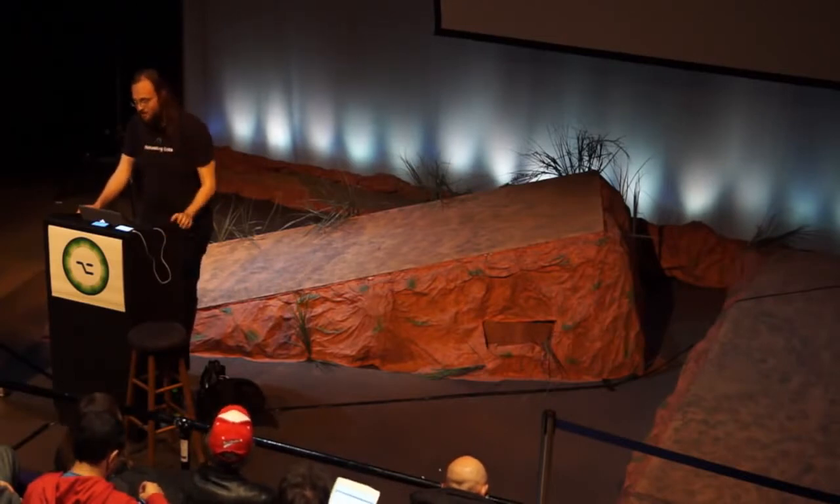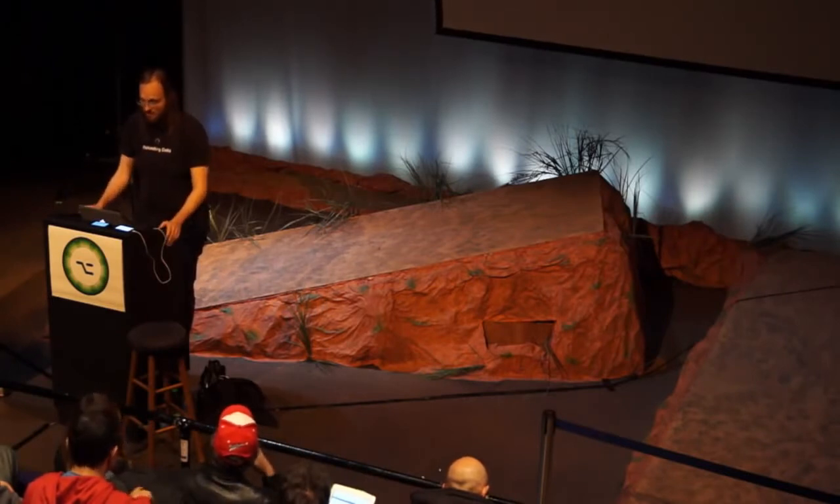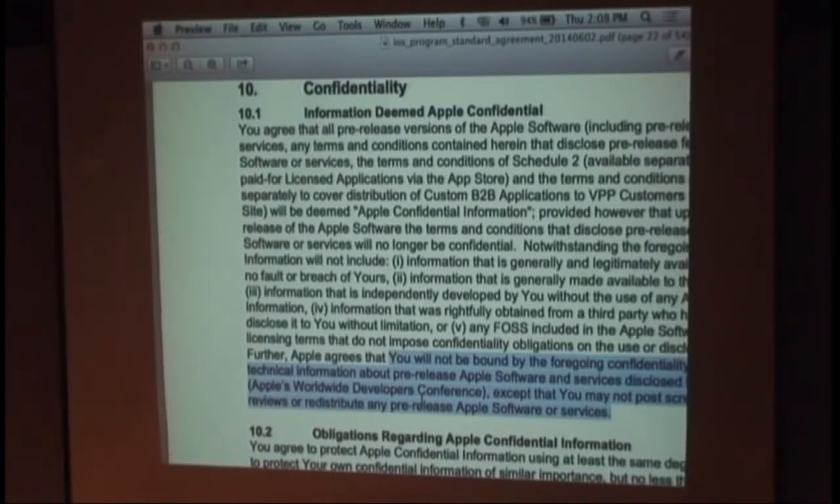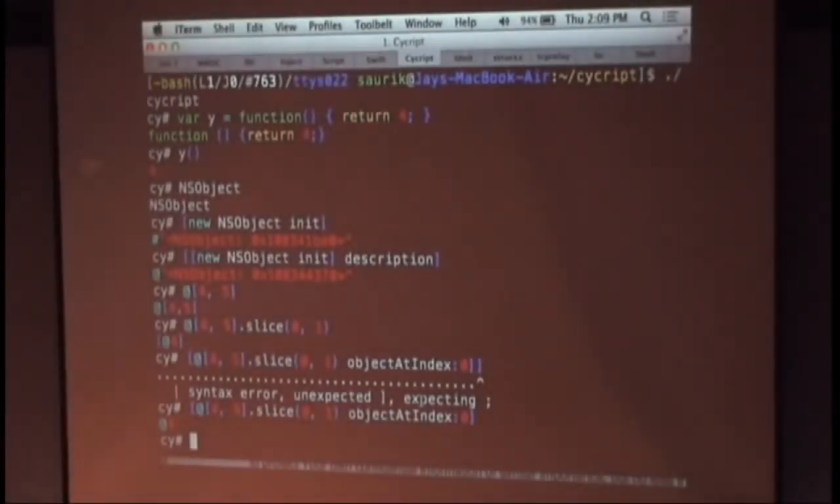It was a short amount of time that I have, and then with some of the things that Apple announced at WWDC, I clearly know what I'm going to be doing. Bound by the foregoing confidentiality terms for technical information about pre-release Apple software and services disclosed at WWDC, I can't show you the actual tools. I cannot show you screenshots or give you my opinions on whether it's really awesome or really horrible or anything. But I can totally tell you what it is and how it affects me and how it affects